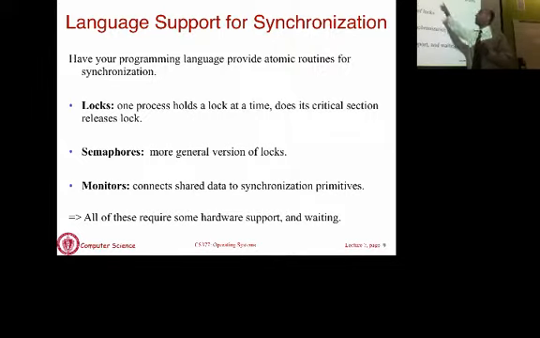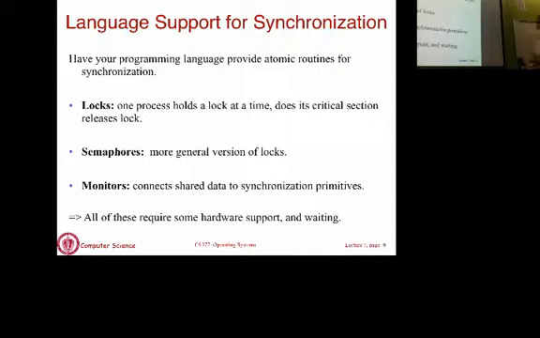So what is a lock? A lock is a primitive that allows a process to hold the lock at any given time until you release the lock. So think of this as a room. If you want to do some task, you want to enter the room and you have to get a key and lock the room. And only you can be in the room at any given time. And then once you're done performing the activity, you exit the room and then some other thread can enter the room. Okay, that's the essential concept of a lock.